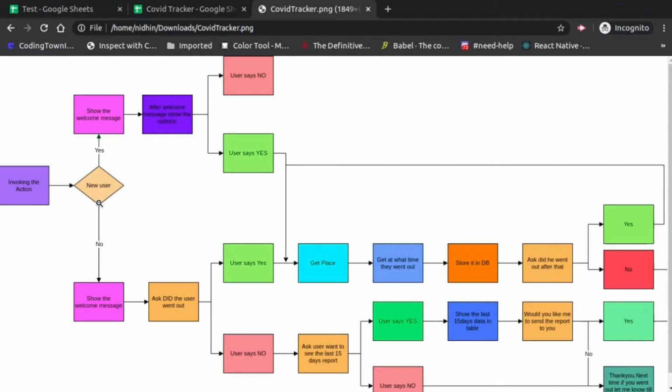We will check this using the cloud function. Once the user has been confirmed, if it is a new user, then we will show the welcome message along with the options. We will be giving a detailed welcome message explaining what the action is going to do. Once the message has been shown, we will show suggestions, whether the user wants to choose yes or no. Once the user chooses yes, then we will get the details like the place